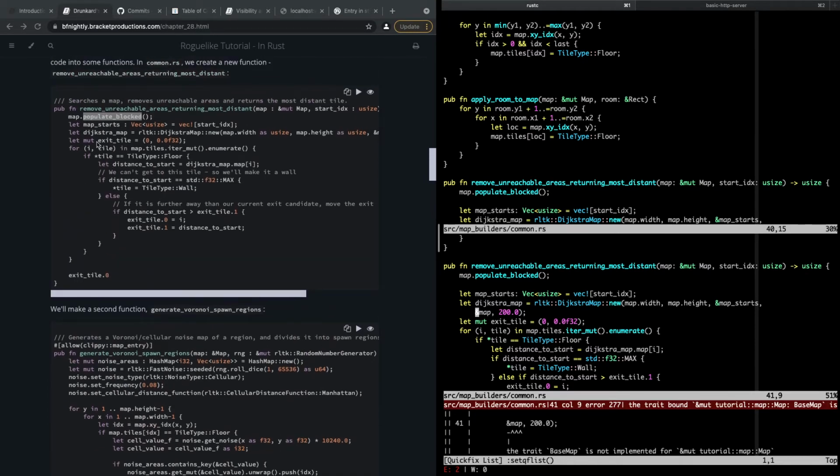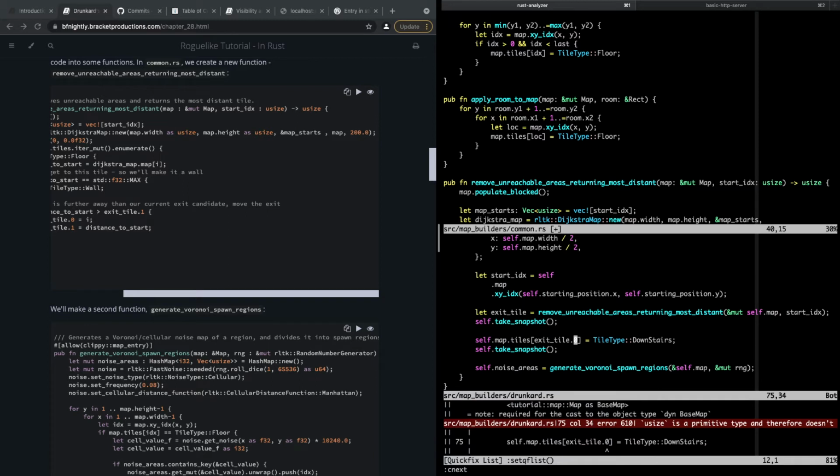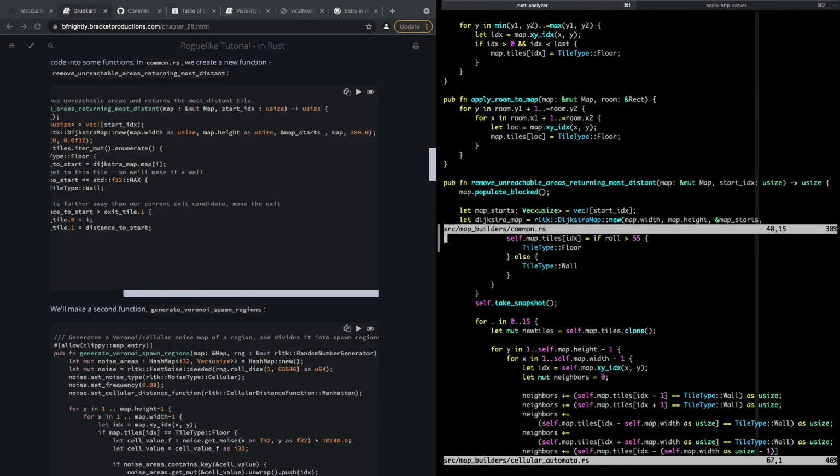Where's populate blocked? What do we want to do? Dijkstra map. Oh, we just give it a map directly. Okay. And then exit tile of 0. Oh, it's just exit tile. 0, 0 for the errors and warnings. Good. Okay, so let's go now over to the cellular one and see if we can do the same thing